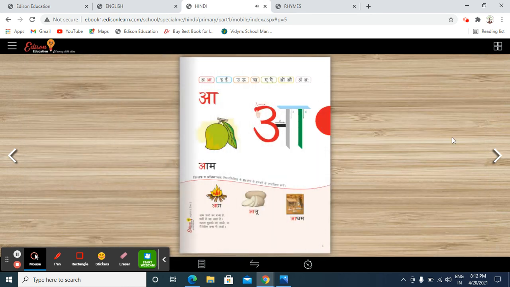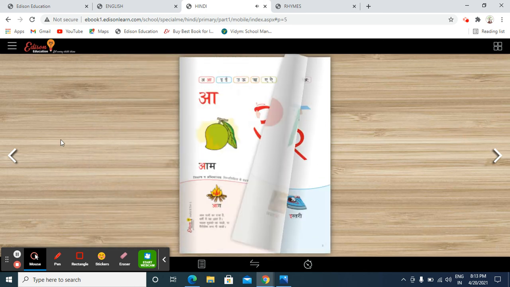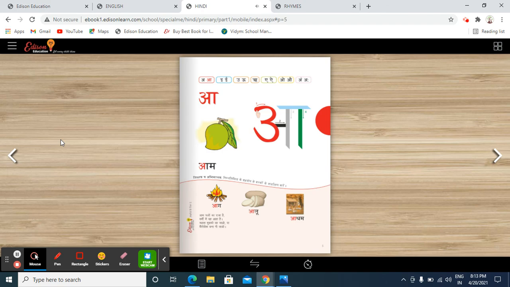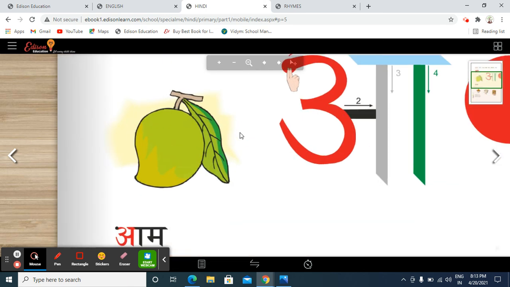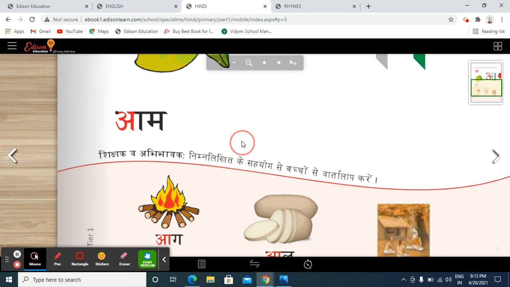Moving on to next, we have bada a aam. What is this? A aam. You all eat mangoes? You all eat aam? Juicy and yummy aam. Okay, so let us see what is the vocabulary related to